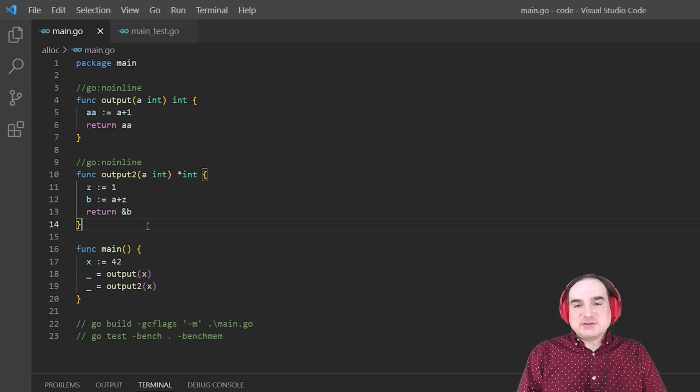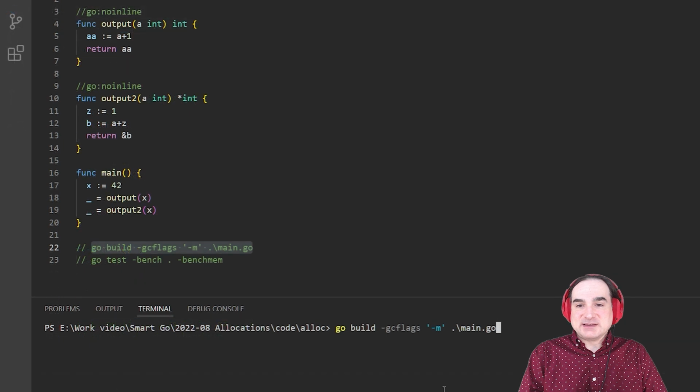So if I want to crunch this program with the compiler and find out where any heap allocations might be taking place, I can just compile it with a set of command line flags, like this. The gcflags flag indicates that I want to pass some additional flags specifically to address how garbage collection and memory management work. And when we do that in conjunction with this flag here, the m flag, that gives us explicit details about optimizations. So if I run this, we're going to get the following output.